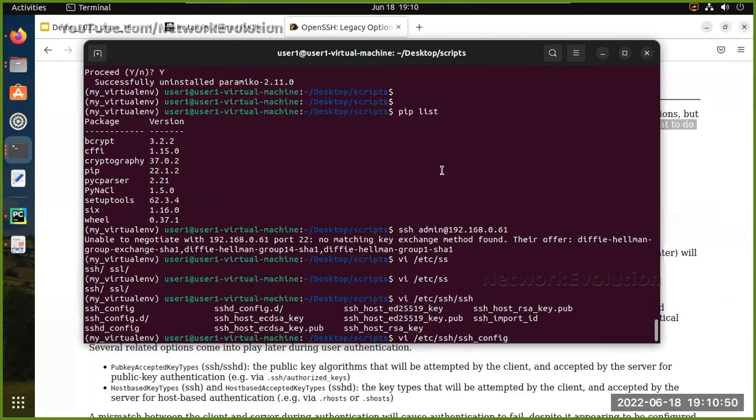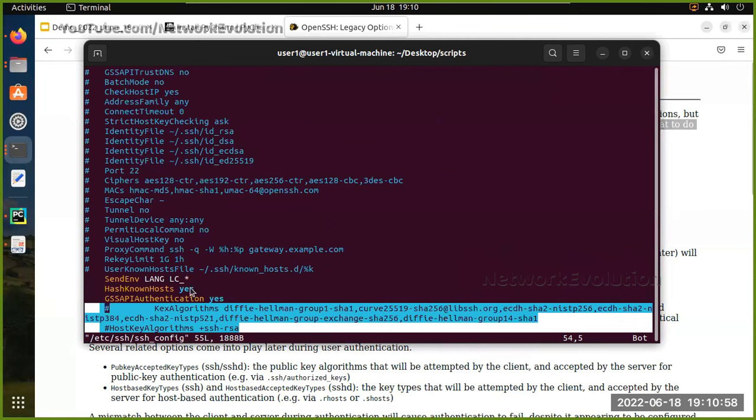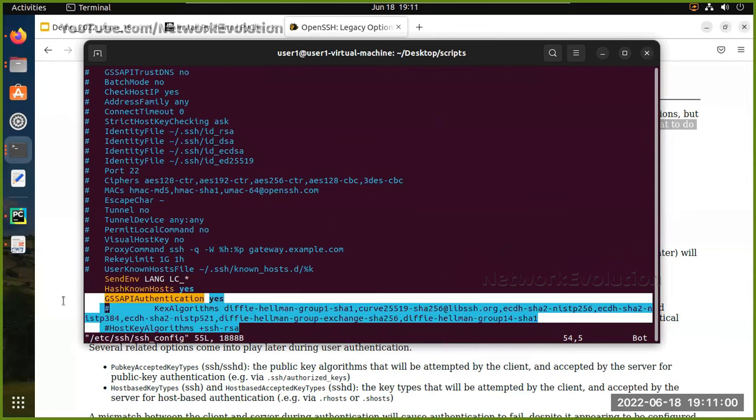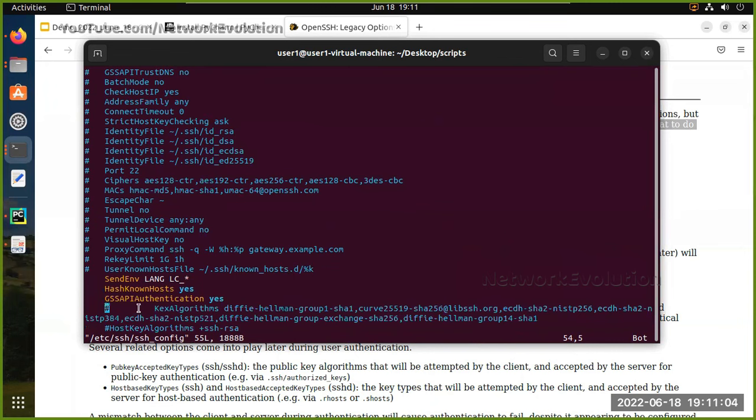ssh_config. You need to use sudo because this needs admin privilege. I have already added these two lines here, but you need to manually copy and paste them. They won't be available in Ubuntu by default. I hope everyone is a little aware of the Linux commands. So what I did earlier,